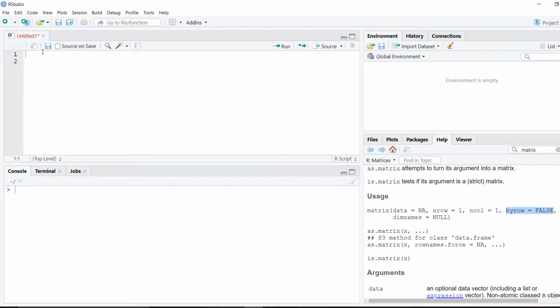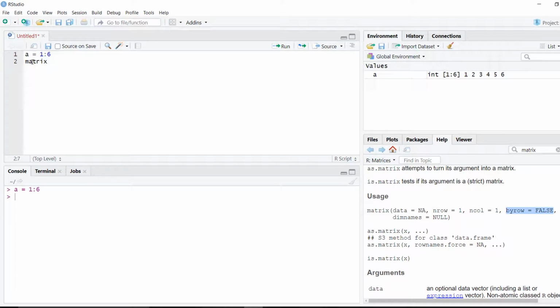First of all, we'll create a vector of, let's say, 6 values. So I'll make a sequence. I'll say A is equal to a sequence of 1:6. I'll press Ctrl Enter and you can see here we have a vector now of 6 values. Now we want to turn it into a matrix. These are all in a straight line. So matrix,